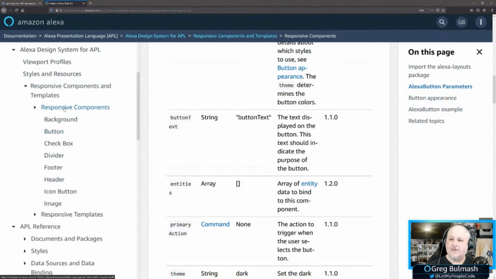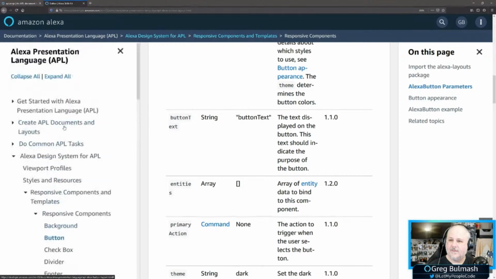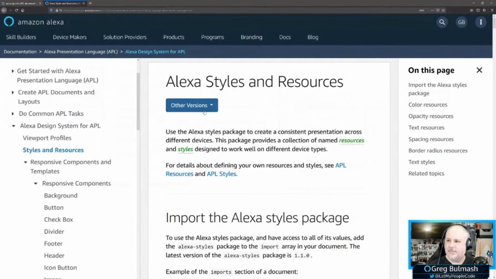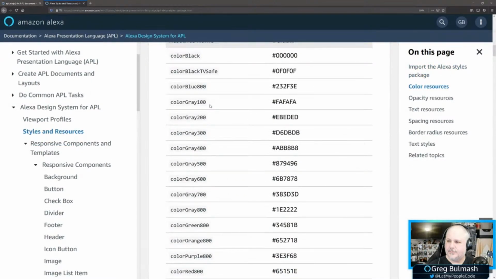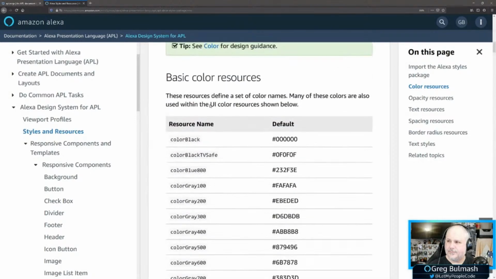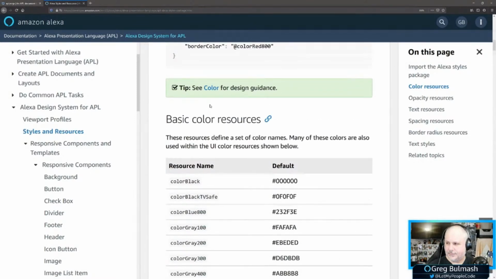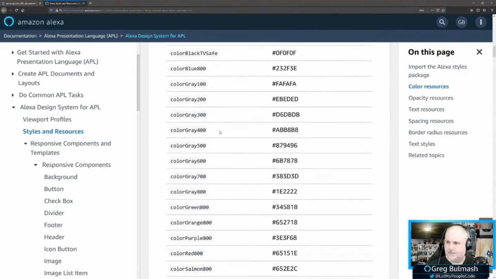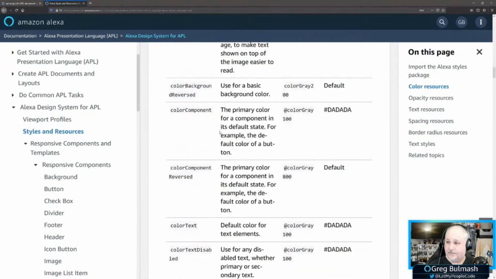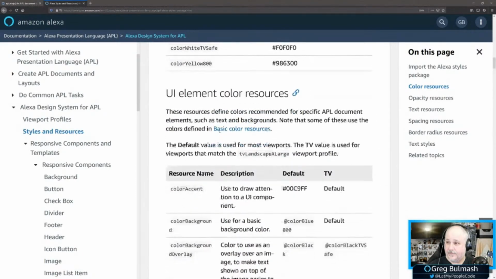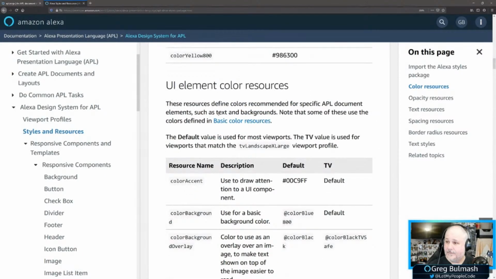And I'll go here. So I'm just reading the documents here on colors.